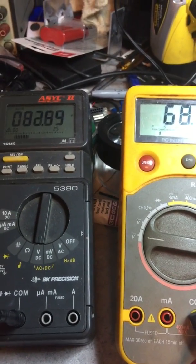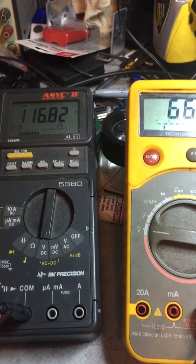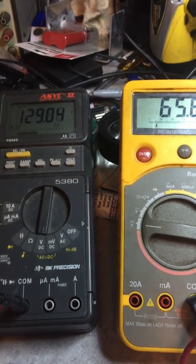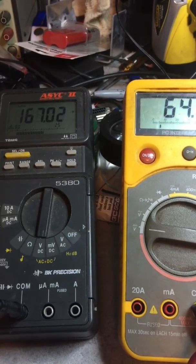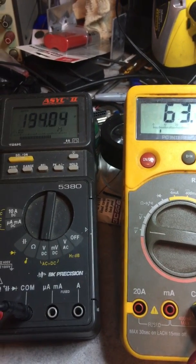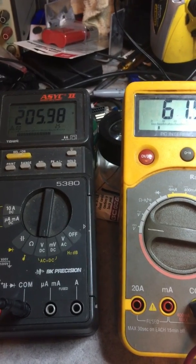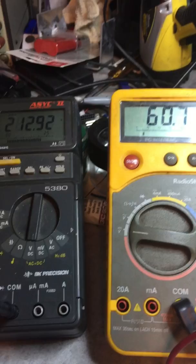70, 80, 90, 116, 120, 130, 150, 160, 200 volts on the DC side, nothing on the output yet. We're at